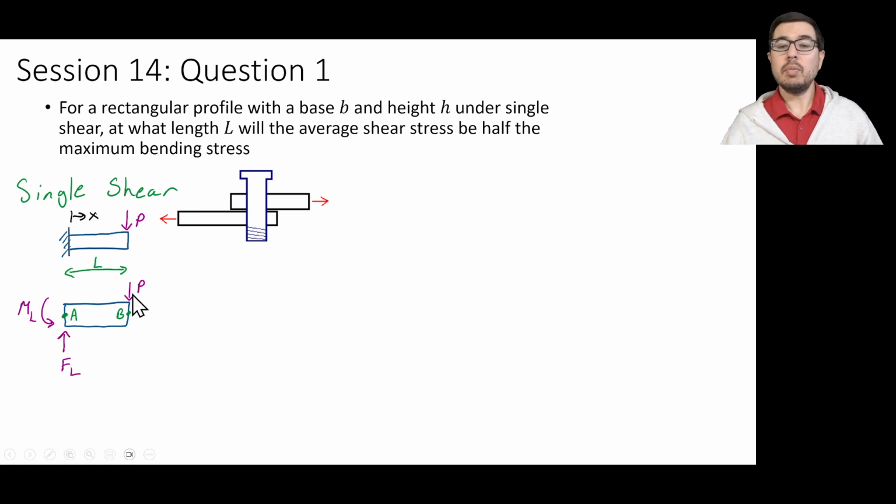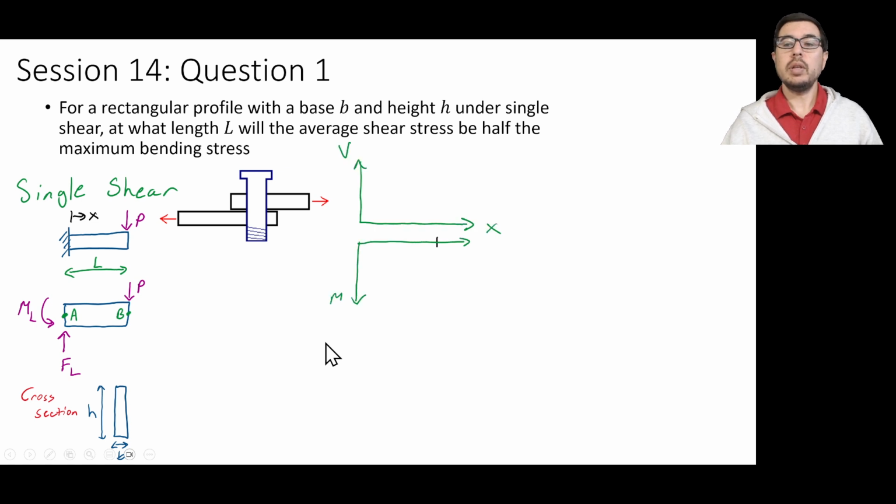And this beam has on the right, at point P, a force of P. The cross section is given as follows, where we have a width b and a height h. When we draw the shear force and bending moment diagrams, we get the following, and we've done this type of problem